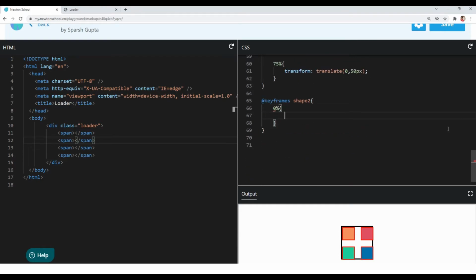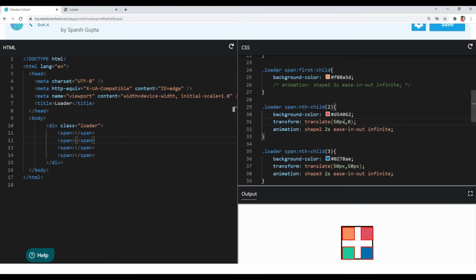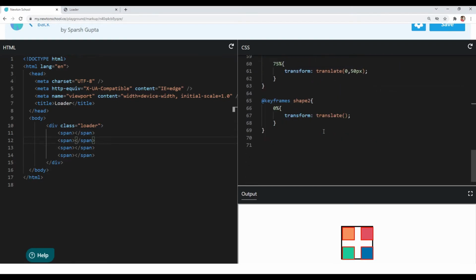At 0% we want to position it where it is, that is transform translate, at 50 pixel from the x-axis and 0 from the y-axis. This is the initial position of our second child, so we will copy it from there and paste it here. At 0% we don't want to move it anywhere, we just want its initial position.